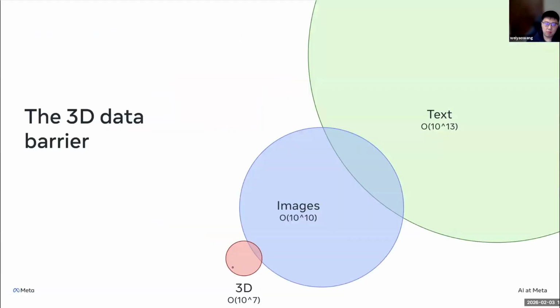So now we have formulated the problem and provided the architecture. The question is then, where do we get the data? 3D has a famous data scale problem. If you look at the scale from text to image to 3D, it is actually very, very small. The magnitude is much, much smaller for public datasets compared to images or text. But things can be much, much worse. I'll come to the small dots in the next few slides.